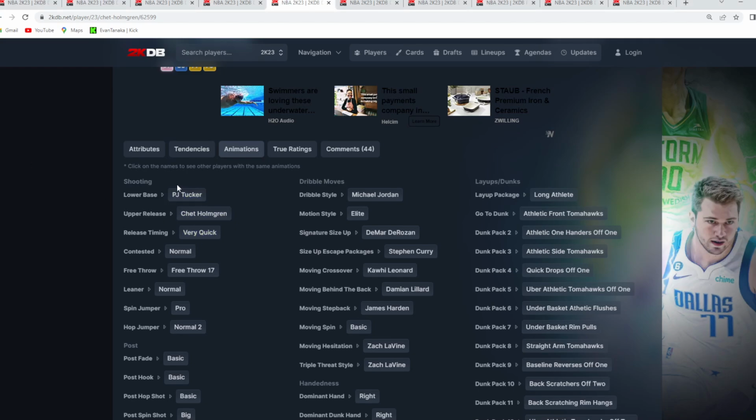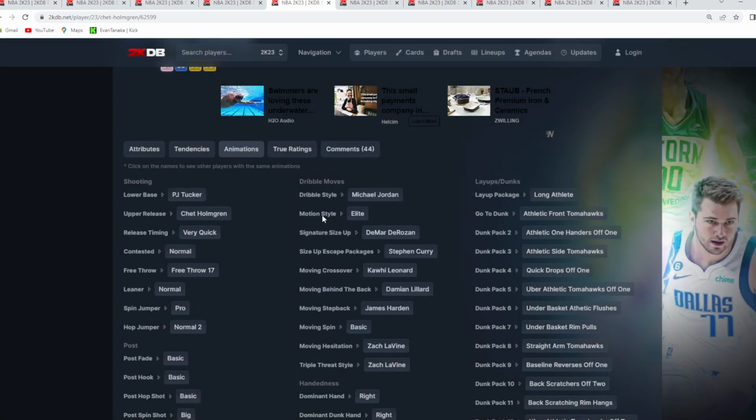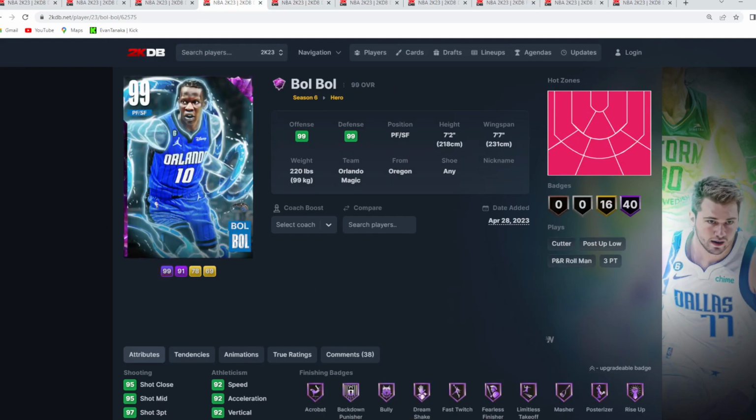Very similar cards once again, but I think his jump shot does let him down a little bit. And then the DeMar DeRozan size up probably isn't my favorite size up in the game, but it's not terrible, and he does have the Curry escape, which means he can Curry slide. So I got Chet at number 5, but then I do have the Dark Matter Hero Bull at